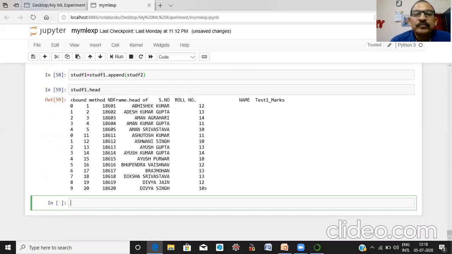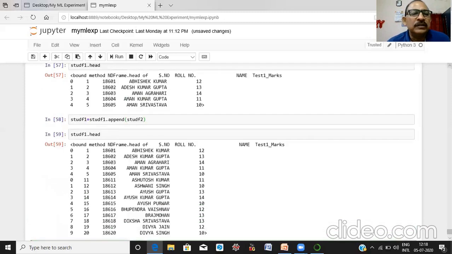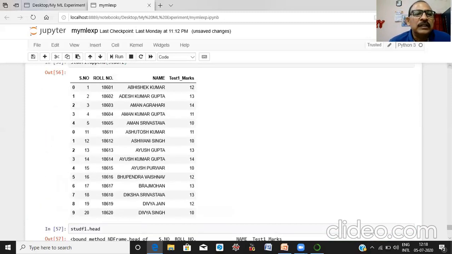Next, again we want to append one data set to the other data set column wise. For this we have to load our previous data set.